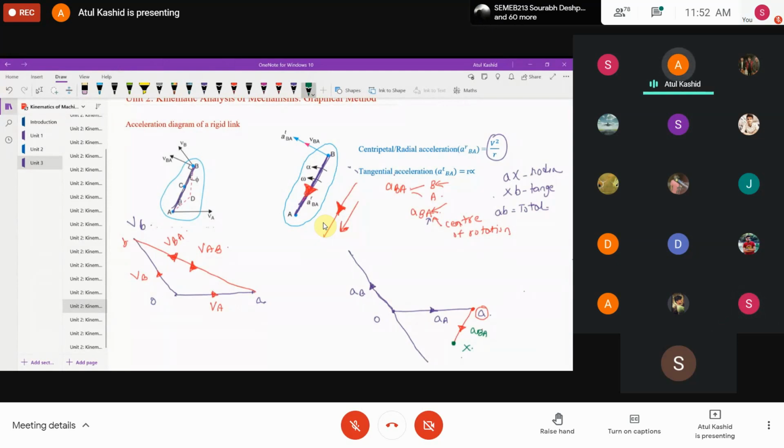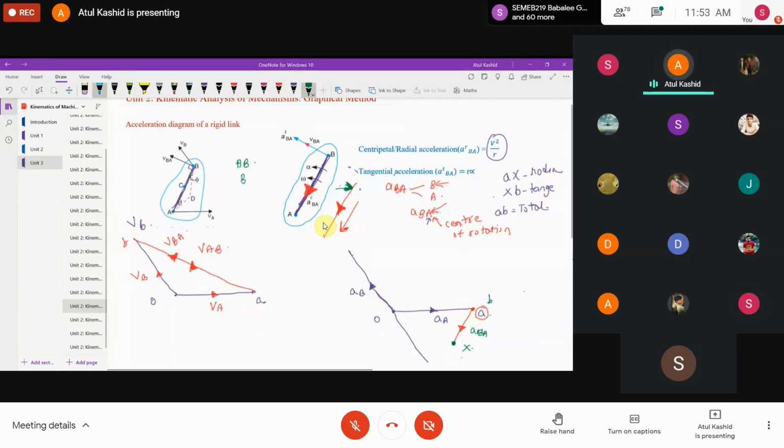Yeah, we are pointing towards it. Don't think about away or towards. We have to draw in this direction what we are getting over here, right? If I had considered A with respect to B, and if I have B point here instead of A, then I will consider B as the center of rotation.